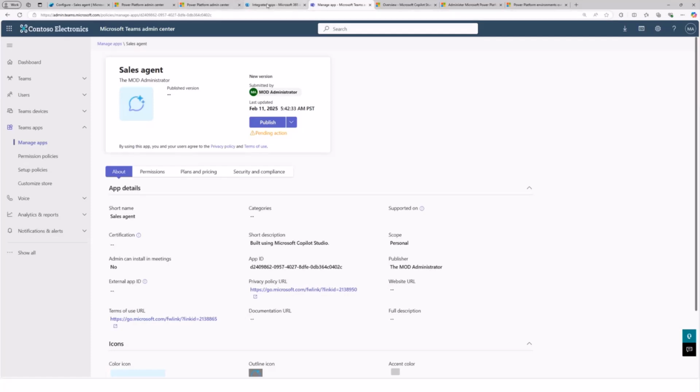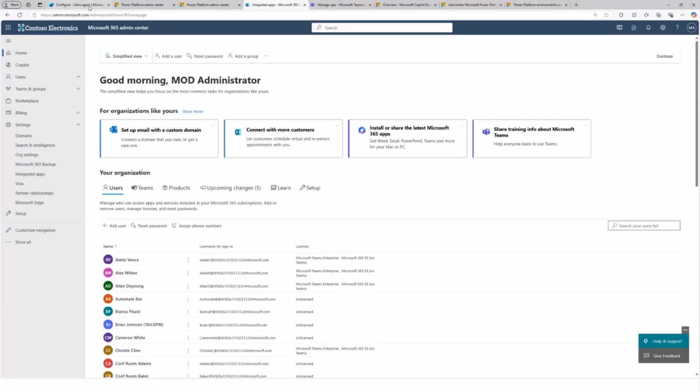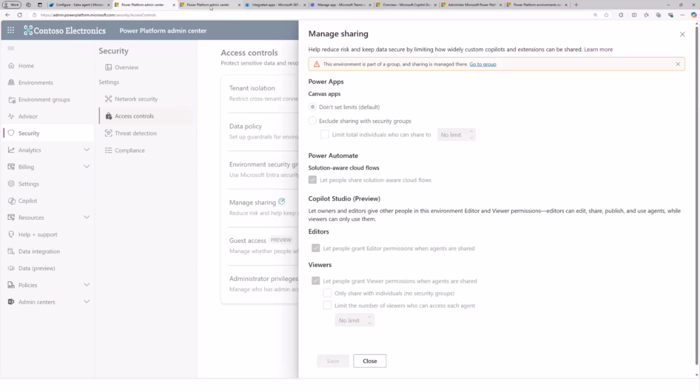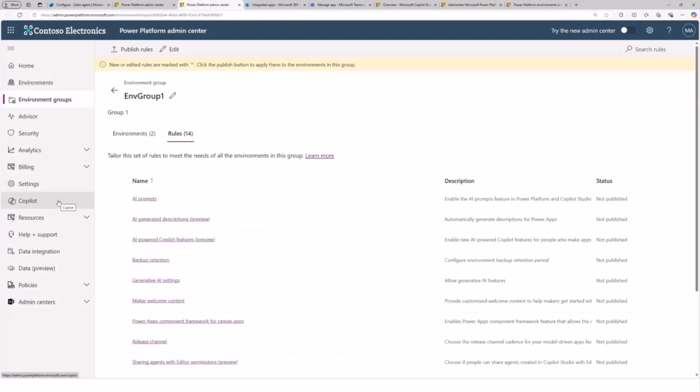And finally, once everything is running, as an admin, what you will typically want to do is come back and see how things are going, right? So there's a much more advanced feature, but we have analytics available that you can see for Dataverse, Power Automate, and Power Apps, and so on. But for Copilot as an agent, we also have auditing enabled, right? So if you go to Microsoft Purview, you will be able to find logs in terms of what is being done from Copilot Studio. So all the admin activity as well as the agent activities, you can enable that.